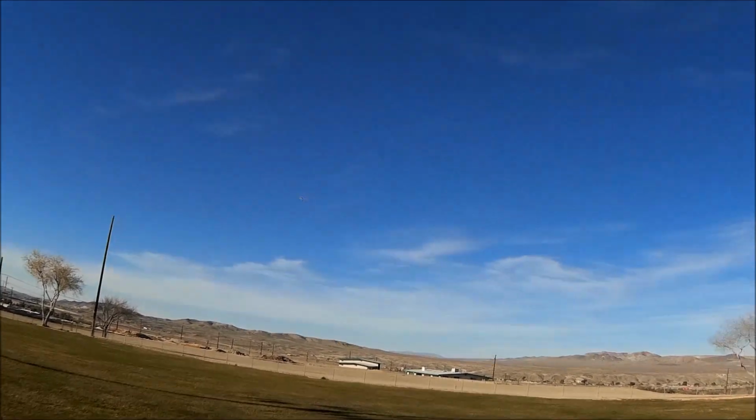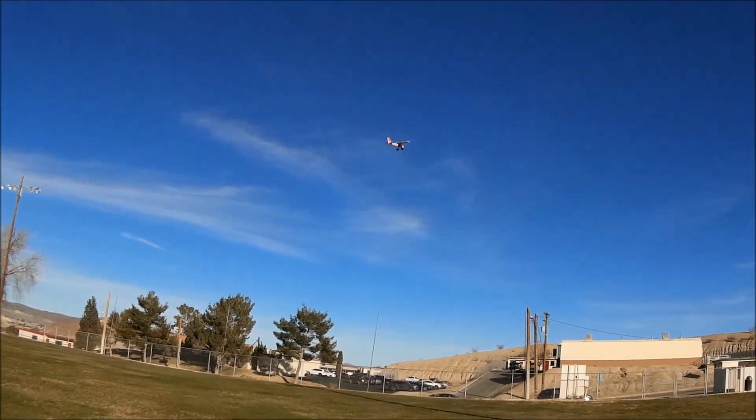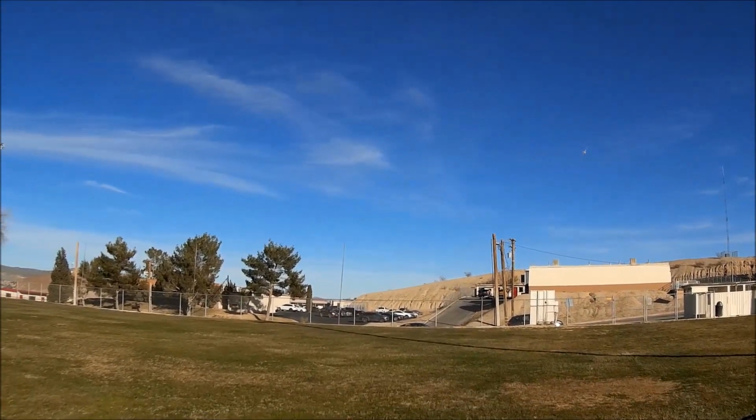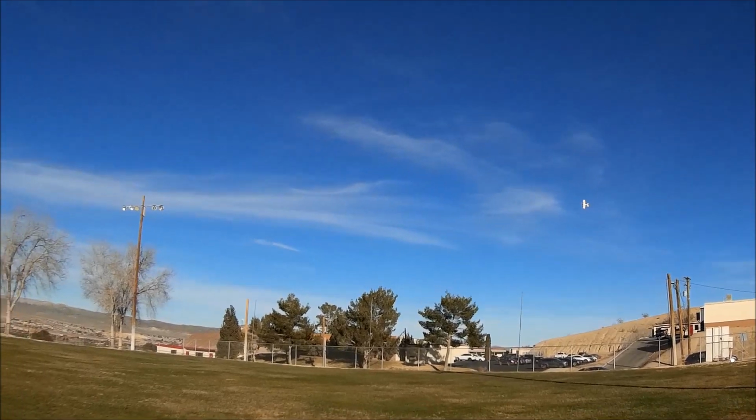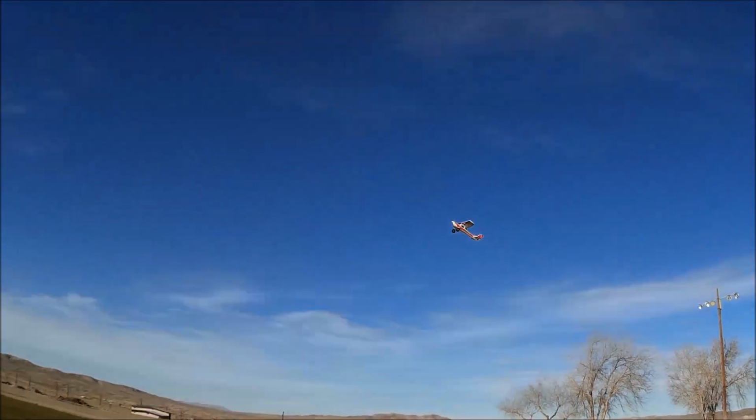You saw the knife edge. Let's do a loop, and then we'll do a reverse half Cuban, and we'll call it a day. Again, 4-cell, 2200 Predator battery. It's a 35C. It's an old battery. I used to fly my,